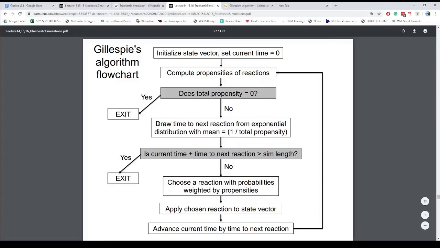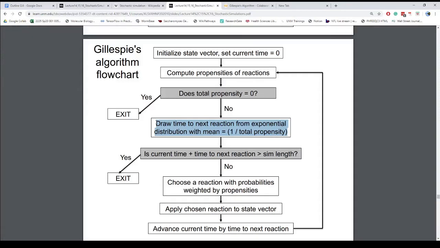The next thing we would have to do is draw a time to the next reaction from an exponential distribution with mean equals 1 over total propensity. Essentially this is picking a random time, a very small increment of time, so that one reaction takes place. This 1 over total propensity will give some random, really small time, and we say that one reaction happens in that time space. The pro of that is that if one reaction happens, then the whole state of the reaction mixture changes,